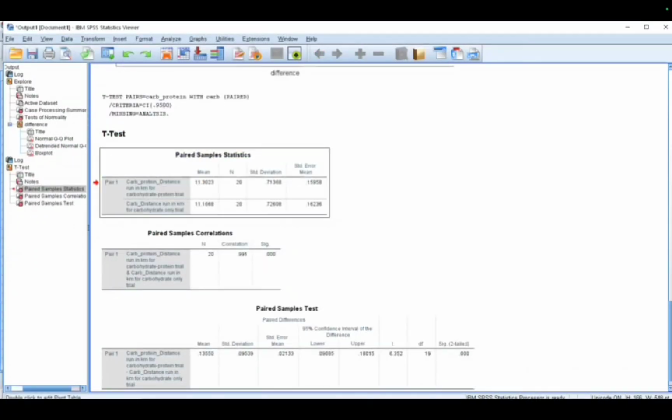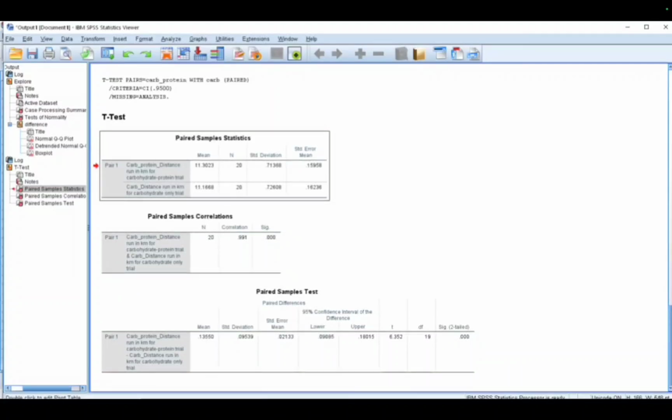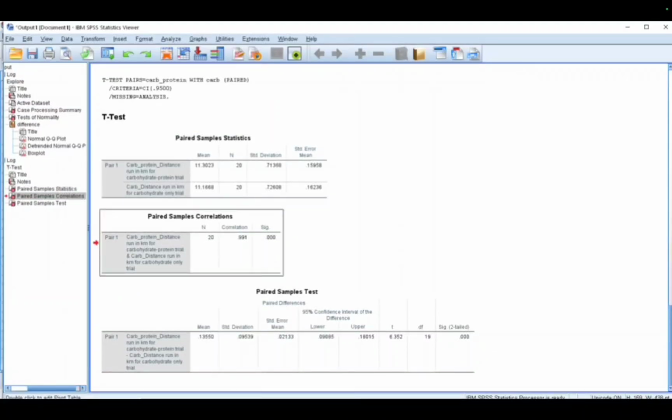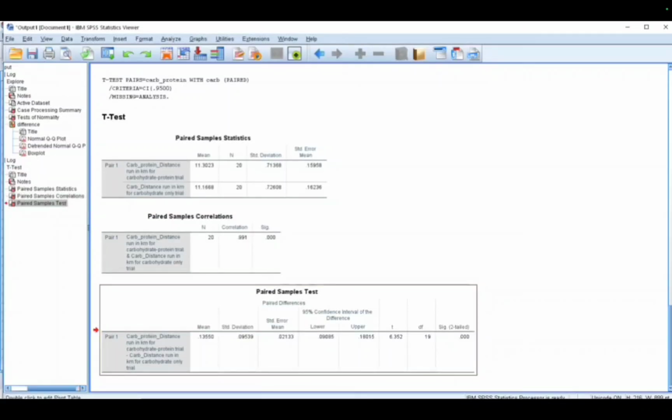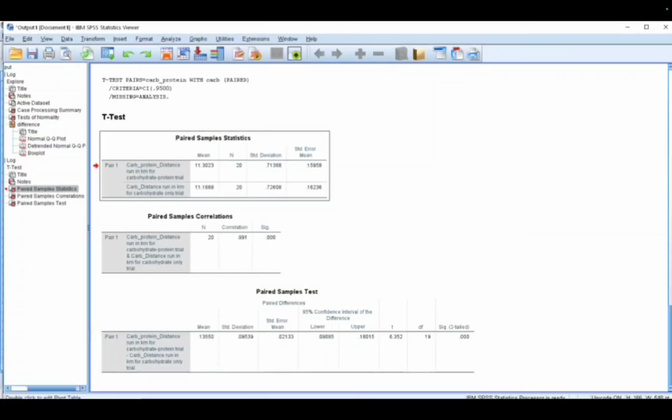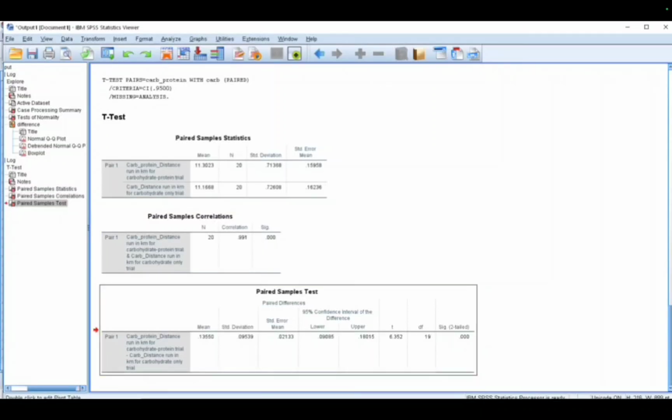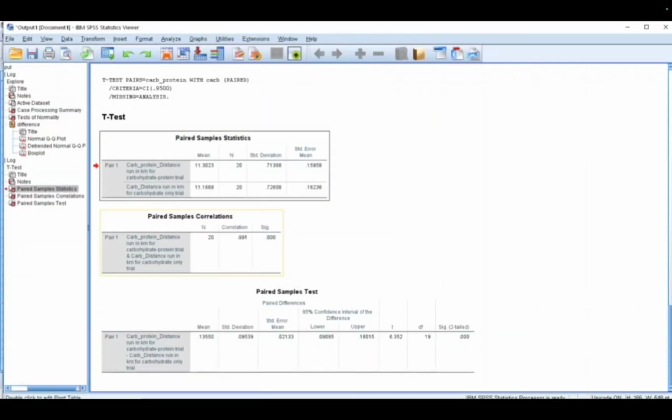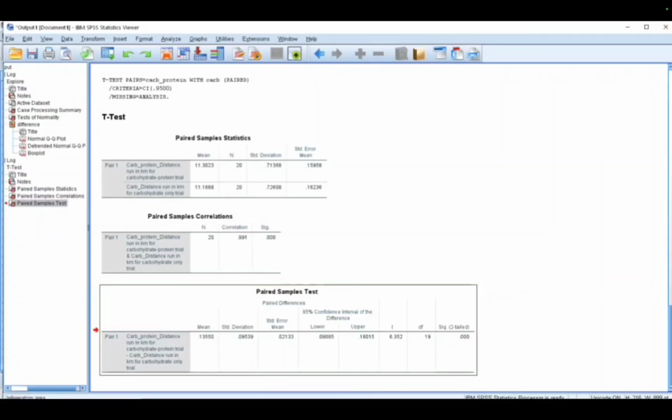We have here the paired samples statistics, paired samples correlations, and also the paired samples test. On the other side, we have here the title, the notes, paired samples statistics, paired samples correlations, and paired samples test entry.